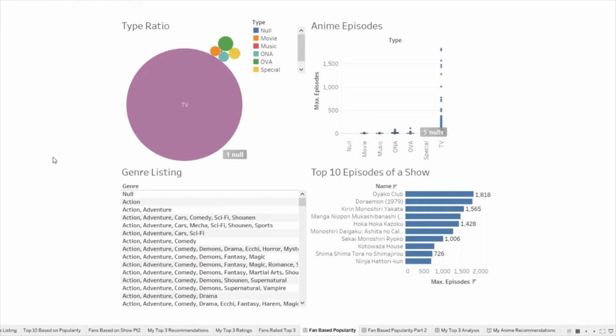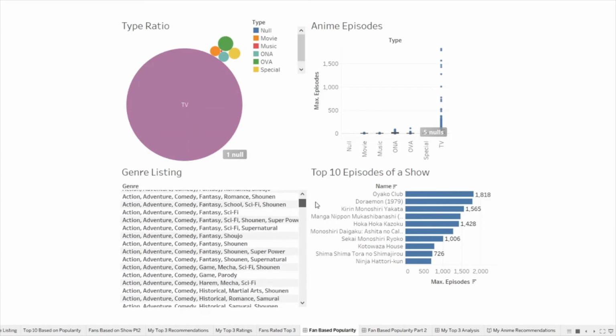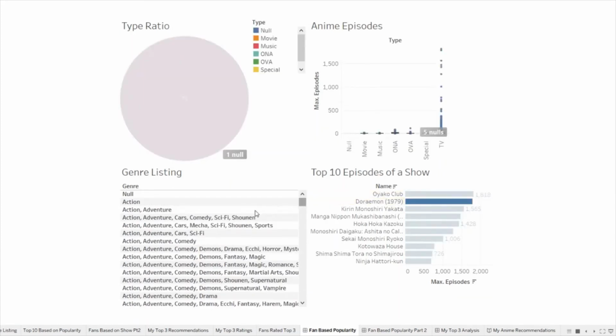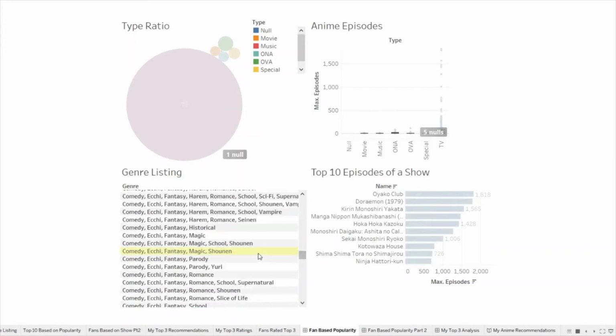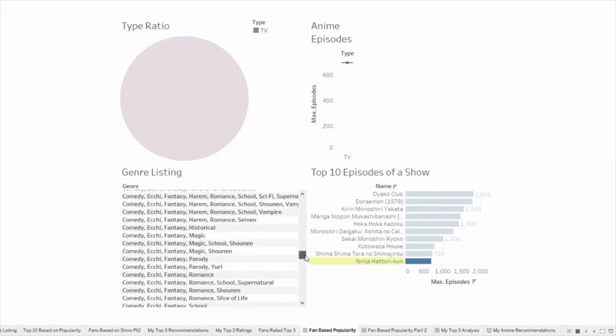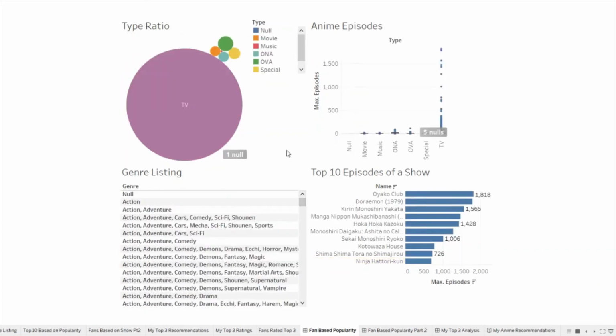So the genre listings, I'll be completely honest, is just a scare tactic. It is a big list that shows everything. It may highlight it and show the anime episodes or maybe the genre that it would go into, but it is very likely that we would find something from this list that would match up to the top 10 animes of a show. But just for safekeeping, we'll just have it in there for a scare tactic.